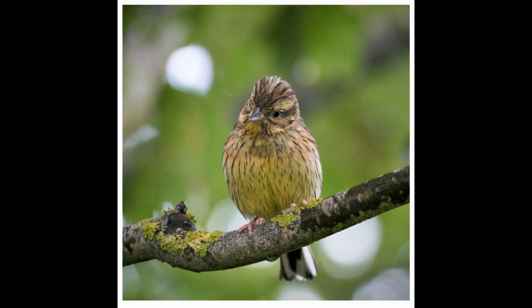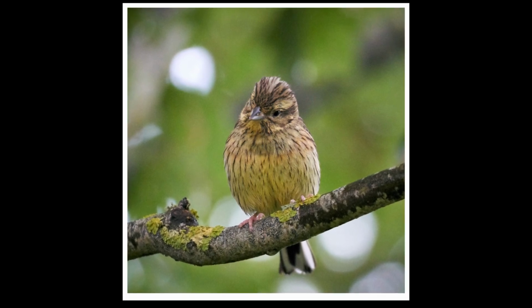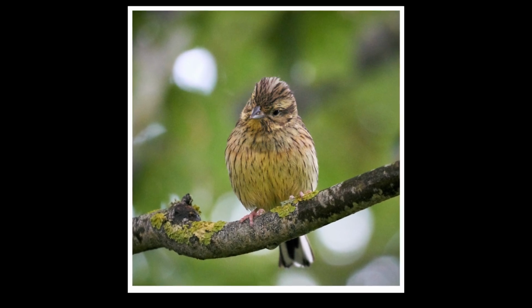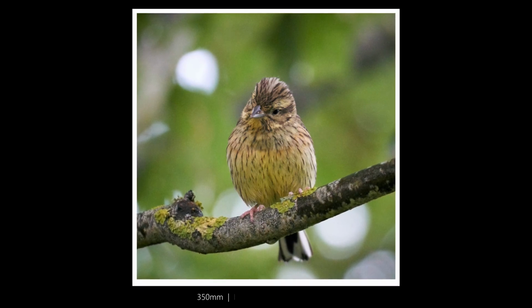So as I reached Berry Head, I saw a few yellowhammers in amongst the trees, and this little chap just decided to pose for me. It was quite dark, as you could see, and because I was shooting into the tree, quite difficult to get a good shot. The ISO on this was 10,000, so way too high. You can see some graininess to the shot,